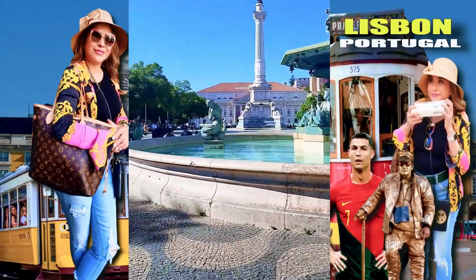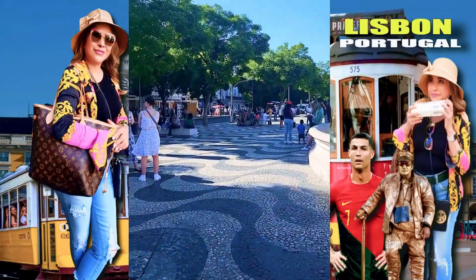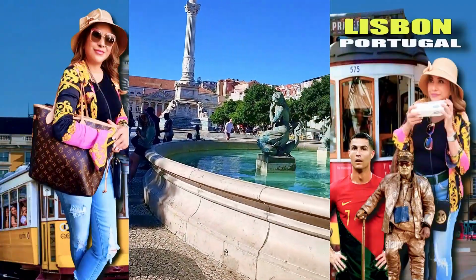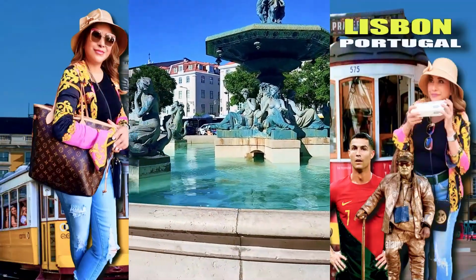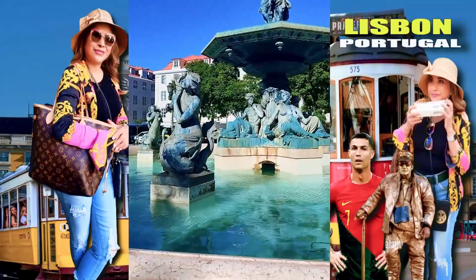Welcome to Rossio Square, also known as Praça Dom Pedro IV, the vibrant heart of Lisbon, Portugal. This iconic square has been the center of city life for centuries, witnessing historical events, cultural shifts, and the daily rhythm of Lisbon's people. Rossio Square dates back to the 13th century, making it one of Lisbon's oldest and most